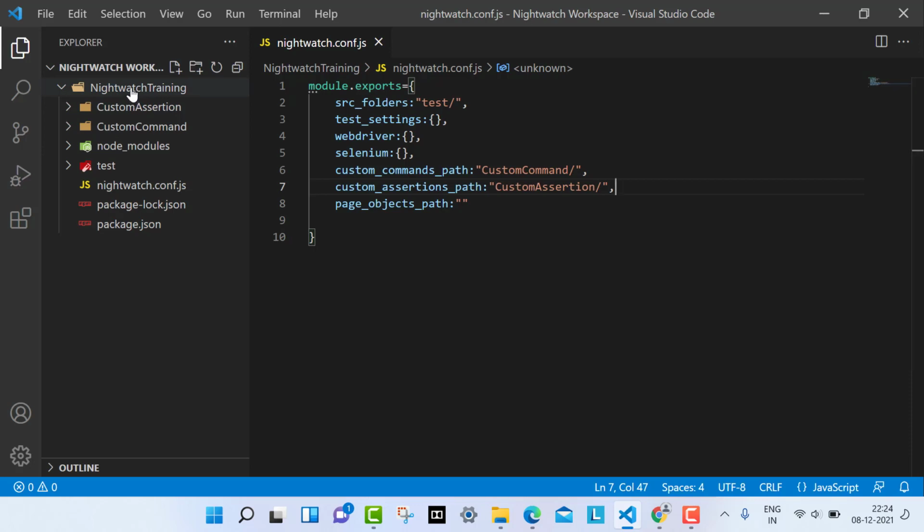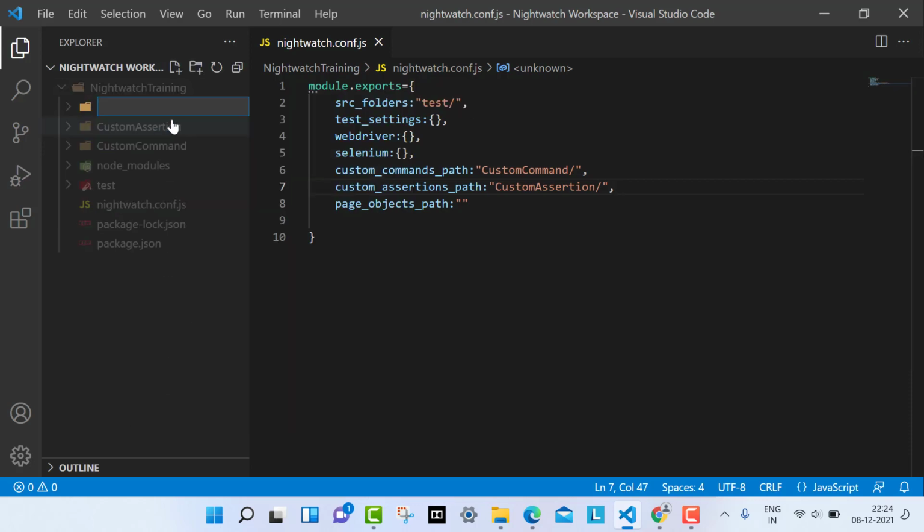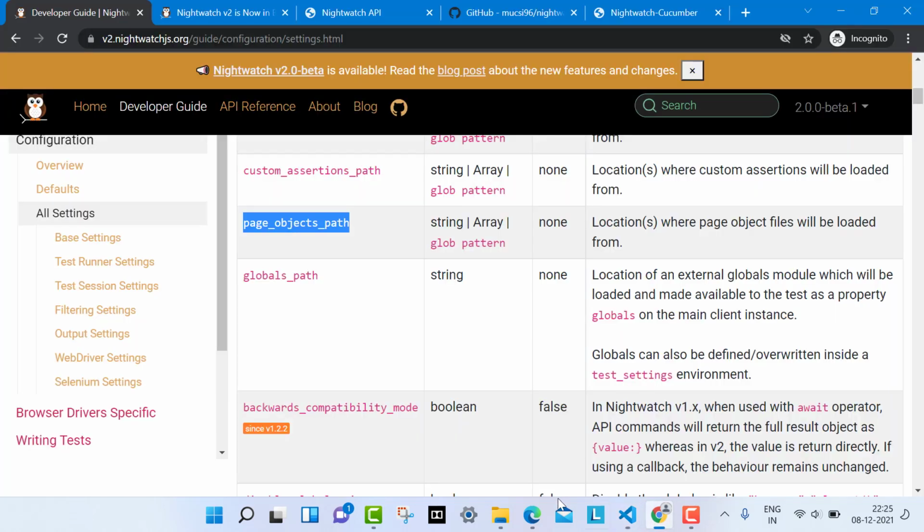You can create a folder and name it page object, and you don't need to do anything else, just pass the name. You can see how simple it is.